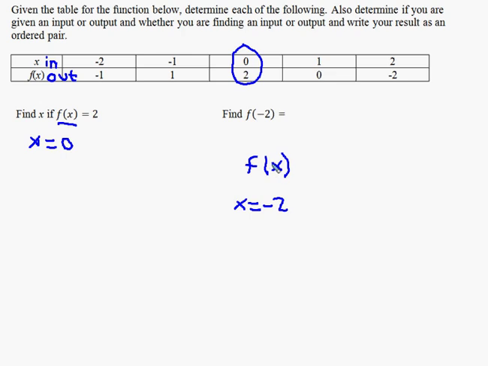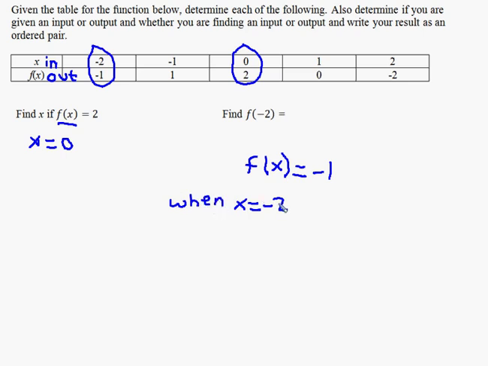So if you go to the chart, you find the negative 2 in the chart that represents an input. And there are two negative 2's in the chart, but I want the one up here that's an input of negative 2. So if you look at this information, it says if x is negative 2, the corresponding output will be negative 1. So f of x, the output, is equal to negative 1